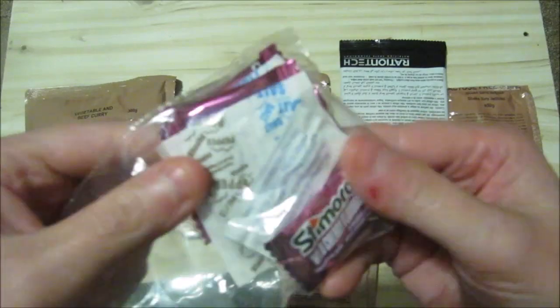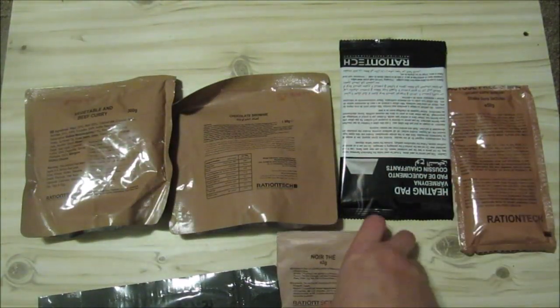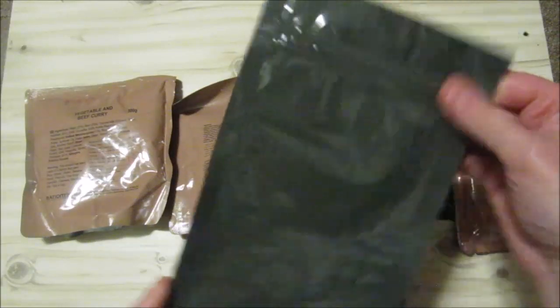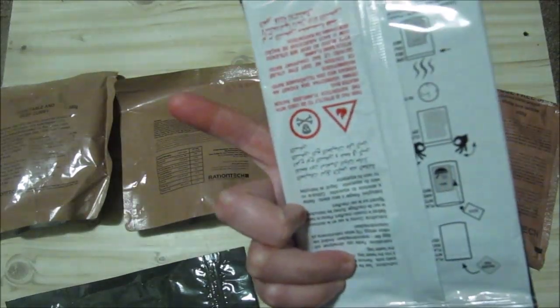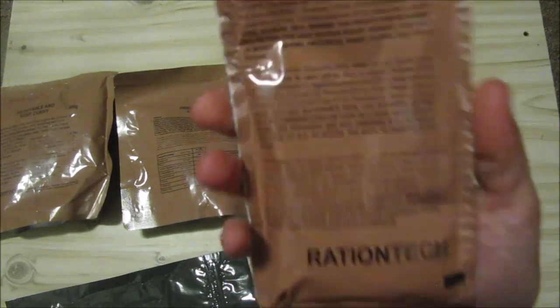What we're not going to do is use the salt and pepper because I never use it. We do know the gum, so I'm not going to taste them. What we are going to do is our black tea. I'm going to use the hot water bag for this because I want to. We are going to do our vegetable and beef curry. We're going to do our, what is this? Chocolate brownie. This is our ration heating pad, and we're going to do our peach